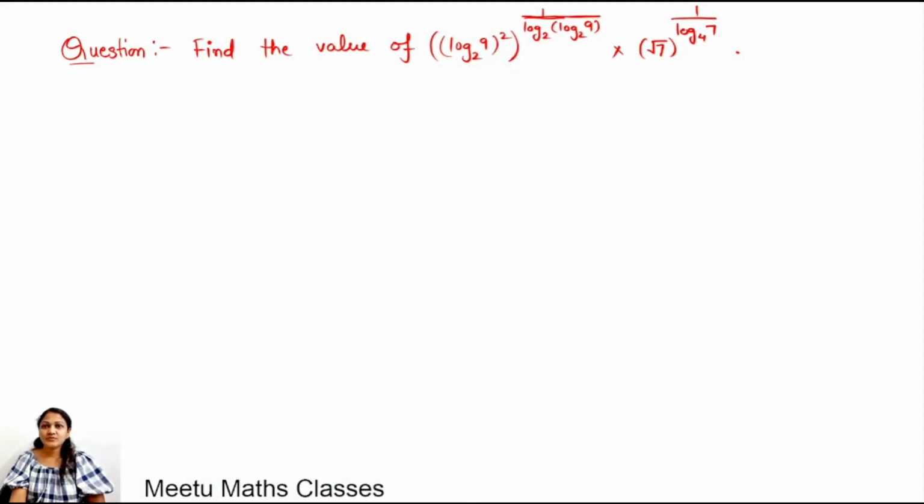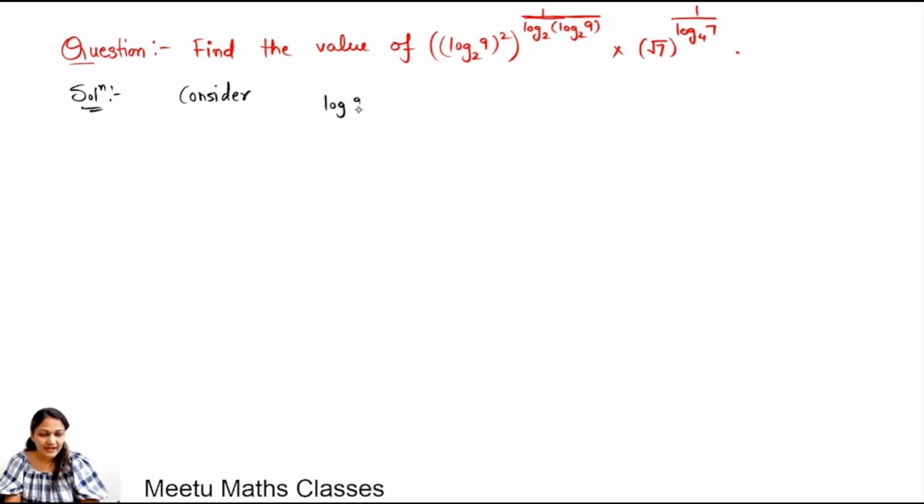Hello students, your question is: find the value of (log 9 with base 2) whole square, whole raised to power 1 upon log with base 2 of log 9 with base 2, multiplied by root 7 raised to power 1 upon log 7 with base 4. Now to solve this expression, consider your expression is